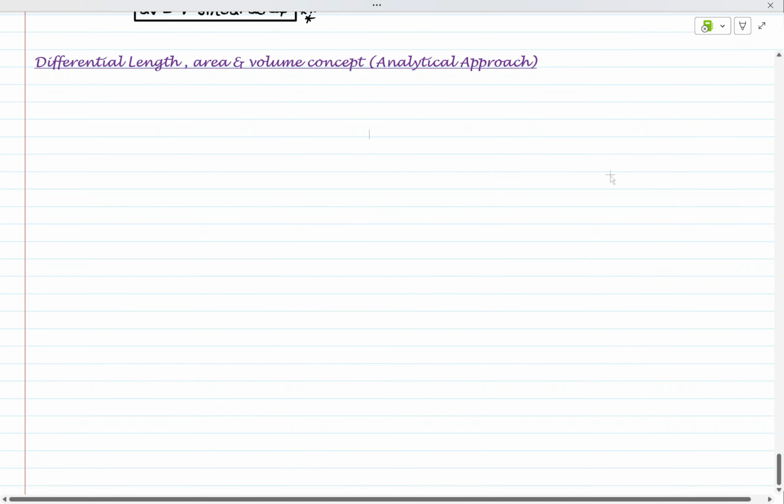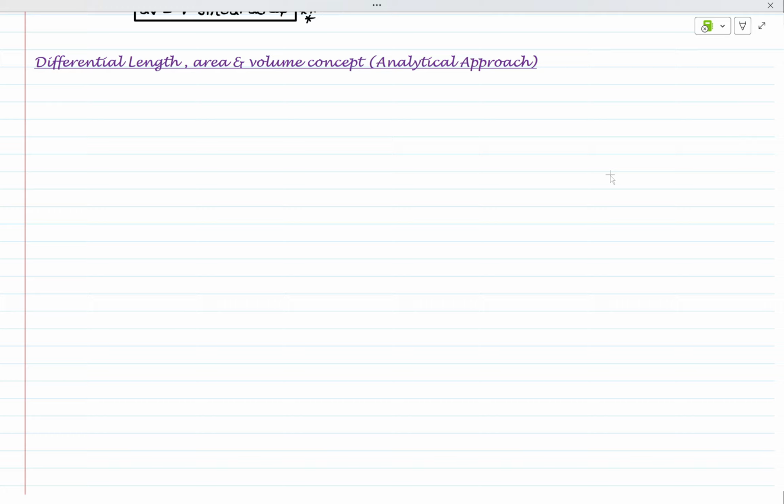Hi students, in this video I am going to discuss the differential length, area and volume concepts using the analytical approach. I have already discussed the differential length, area and volume concepts individually when I discussed each and every coordinate system. That means for Cartesian, cylindrical and spherical coordinates, I have written some formulas for differential length, area